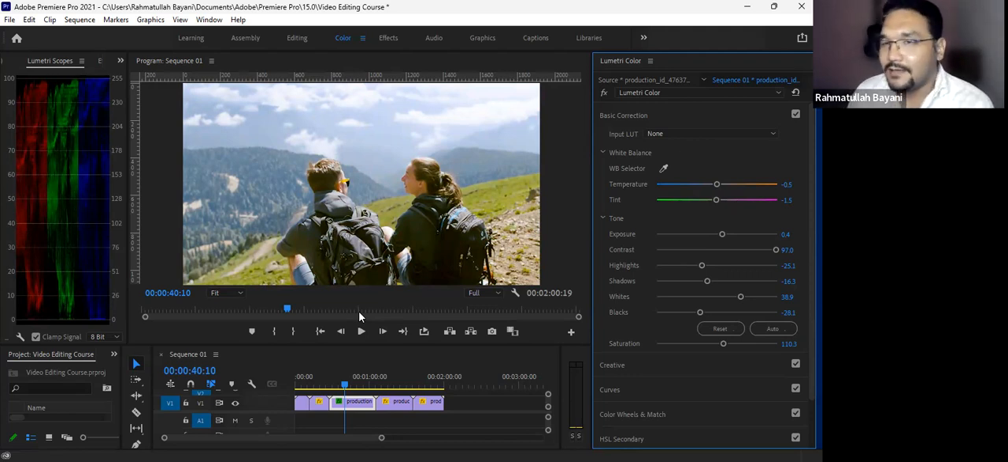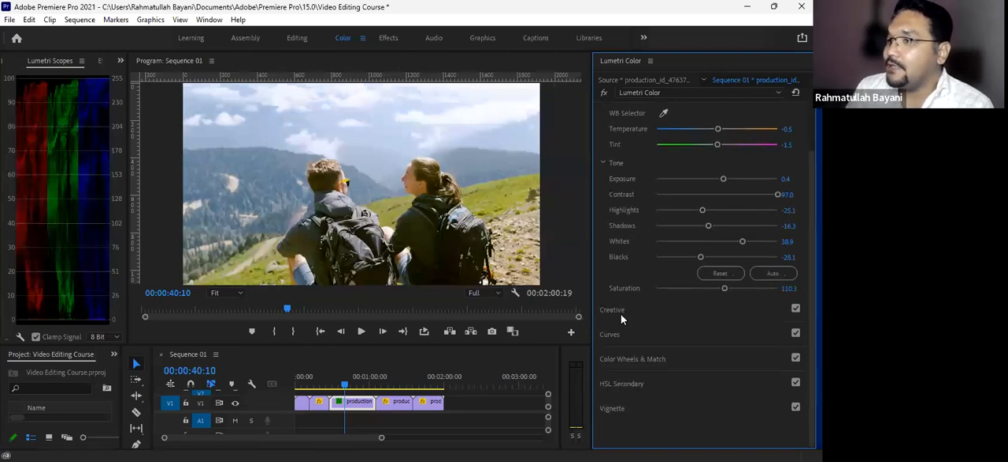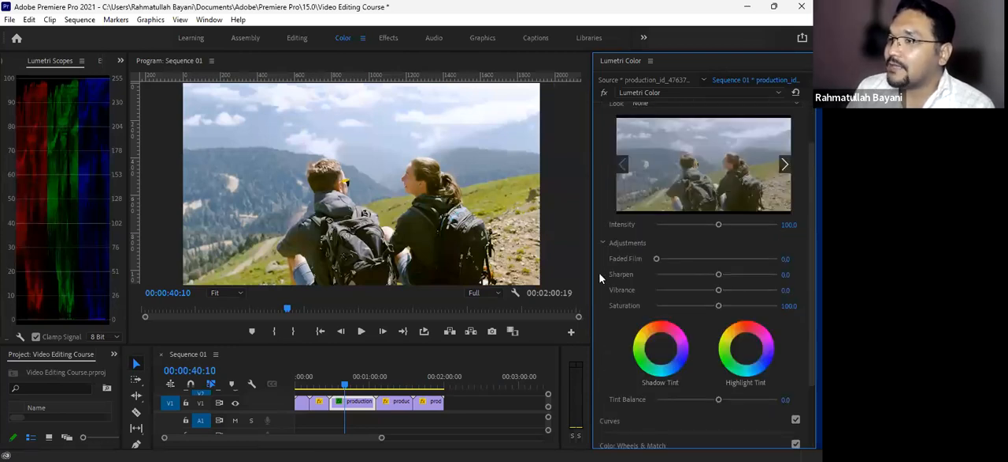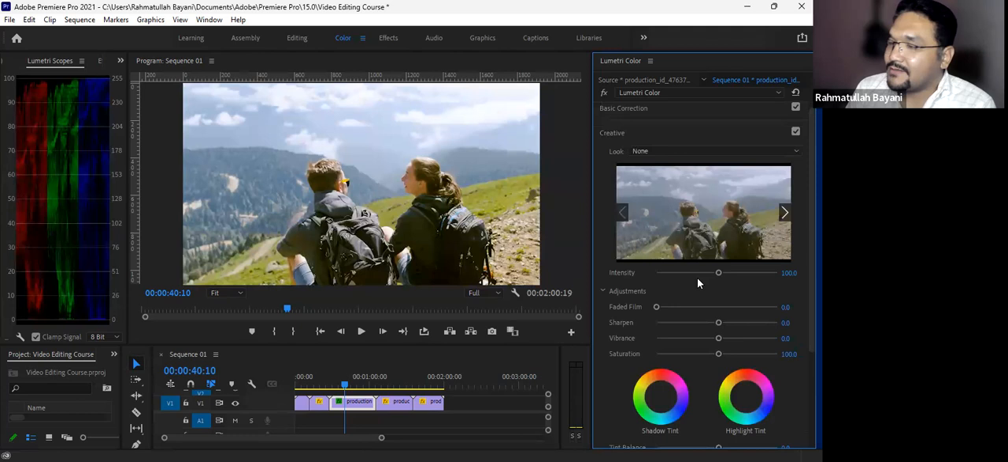We are just correcting the color, making it more naturalistic and more standard. And after that, we have the creative. The creative tab is most likely for the grading. Okay. So here for the basic correction,